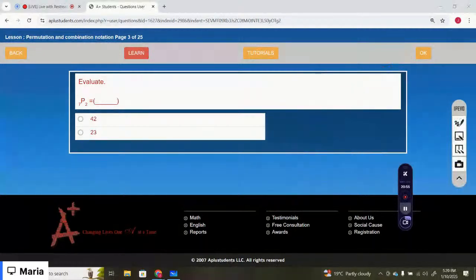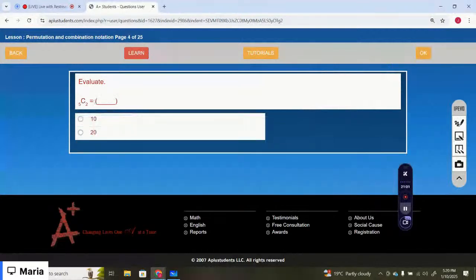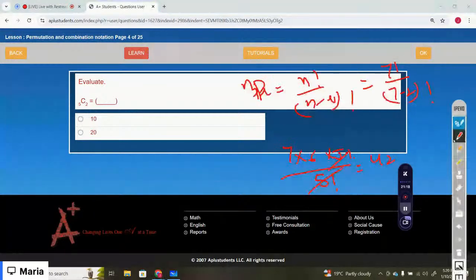Option number 1 is the correct option, that is 42. 5C2, which is the correct option? C is for combinations and P is for permutations, right? So you have to evaluate combinations. So that is